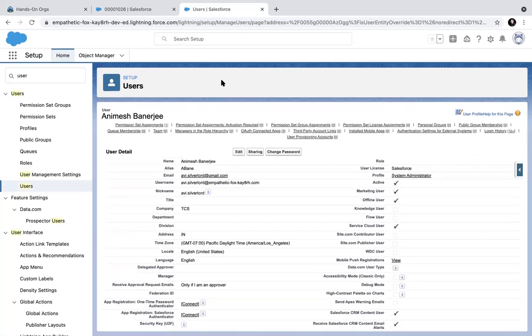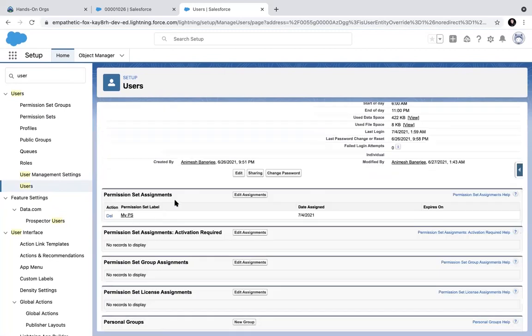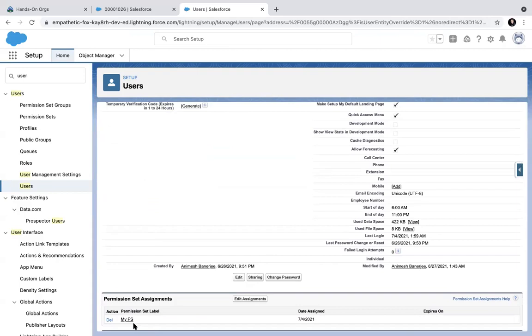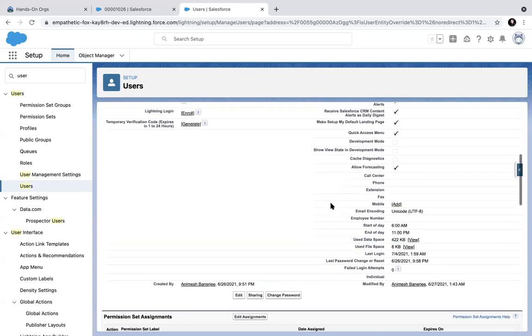Yes, sir. Okay. So this is permission set, profiles, very crucial two things which is needed for any user. Optional, of course, permission set is optional. Profile is mandatory. You have to give a profile. Whatever permissions you are giving in the profile will be applicable instantly. Whatever permissions you are giving in the permission sets will be add-on permissions on top of whatever you are having in the profile. Clear? But this is only for owner records.